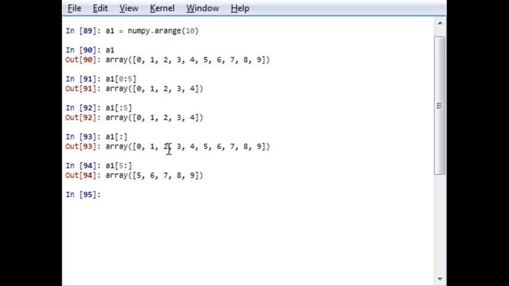You can also give a step. For example, here from index 0 up to 5, and a step of 2. The output will be 0, 2 and 4. What it says is that the start point is the 0th index number, the stop point will be the 5th index number, and you have to take a step of 2. The command will follow and the slicing operation will be done.